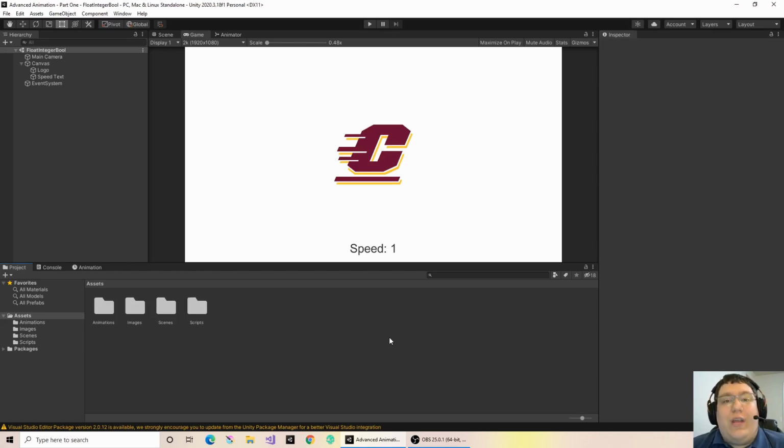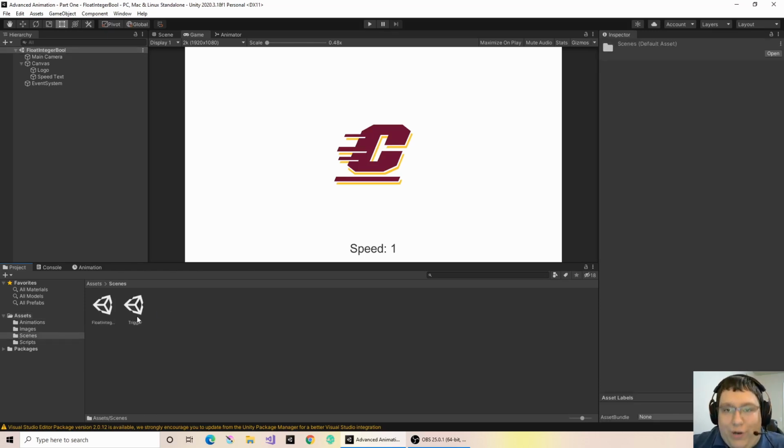I've gone ahead and created a basic Unity project with two scenes. The first scene, named float integer bool, is going to introduce those first three parameters, and the second scene is going to introduce the trigger parameter. Let's first walk through a basic setup of the scene so that you can compare any configuration that you have